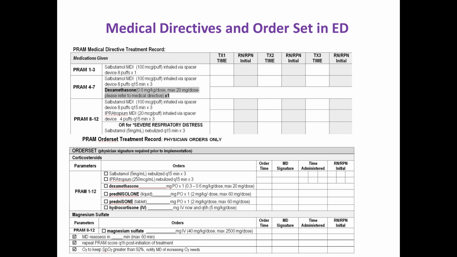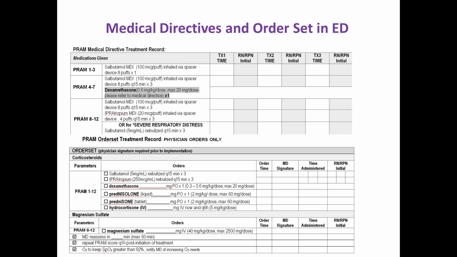And they have a disposable air spacer in triage. If PRAM is between 4 and 7, then they give 8 puffs, Q15, times 3, and